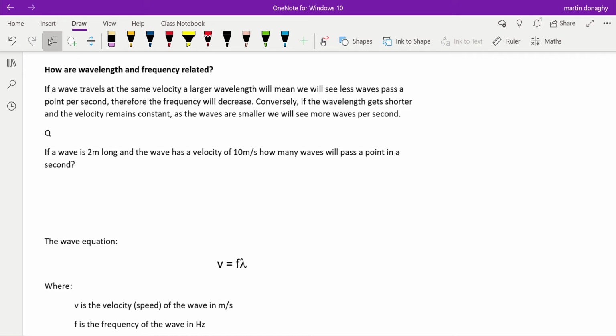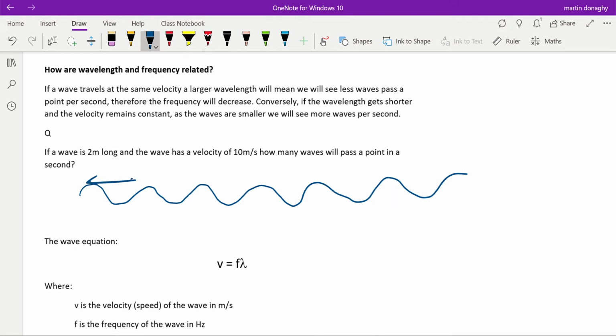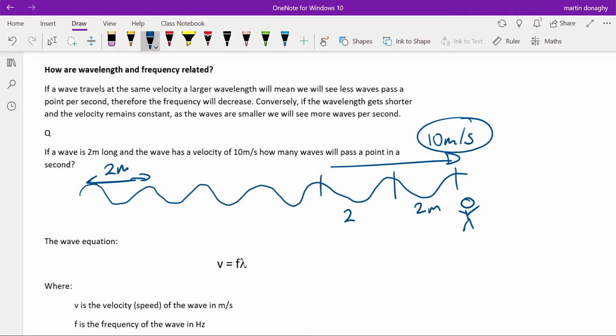If we look at this example here, let's say we have a wave where a full wave is 2 meters long, and this wave is moving to the right with a velocity of 10 meters per second. What that means is if I'm standing here looking at the wave, in 1 second, it will move 10 meters. That means that 2 meters will move past me, this 2 meters will move past me, this 2 meters, this 2 meters, and so will this 2 meters. That's a total of 1, 2, 3, 4, 5 waves